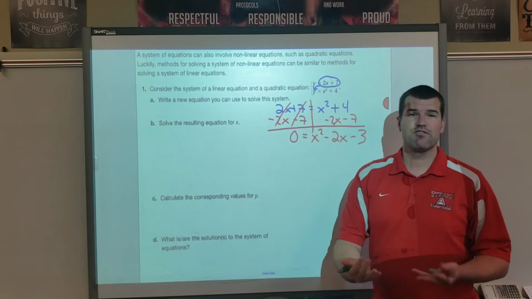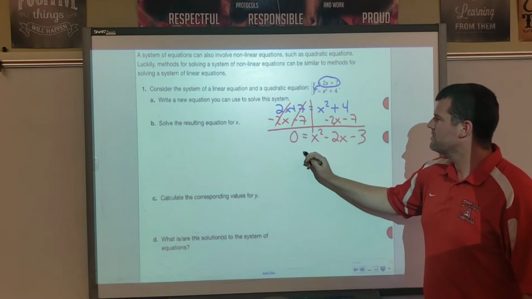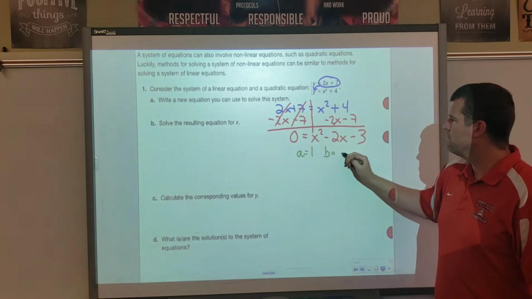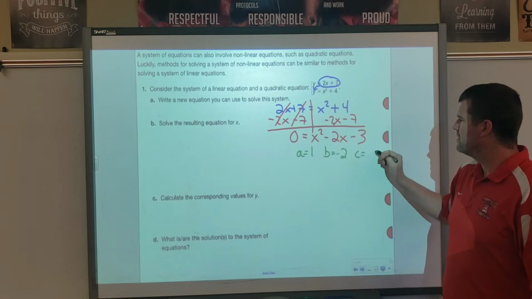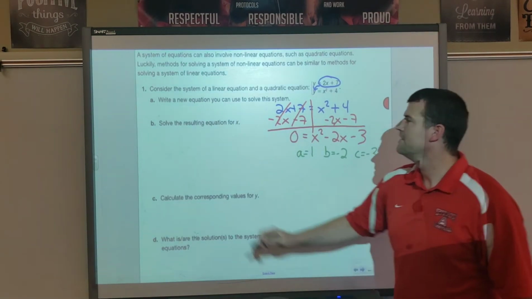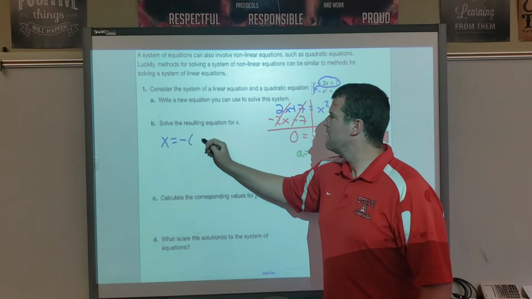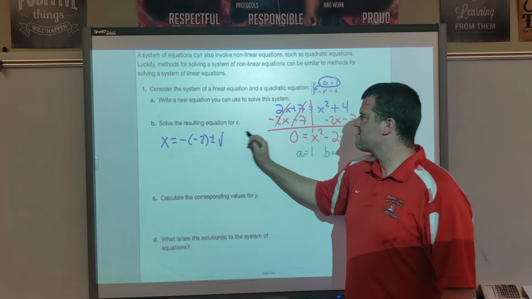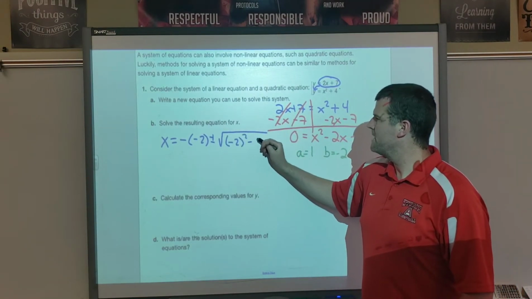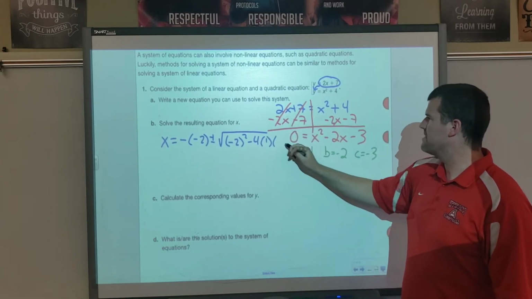This one, I believe we could also factor it, and it is set up nicely for completing the square as well, but we're going to use the quadratic formula. A is 1, B is negative 2, C is negative 3. And now we get to plug it in. x equals negative b plus or minus the square root of b squared minus 4 times a times c